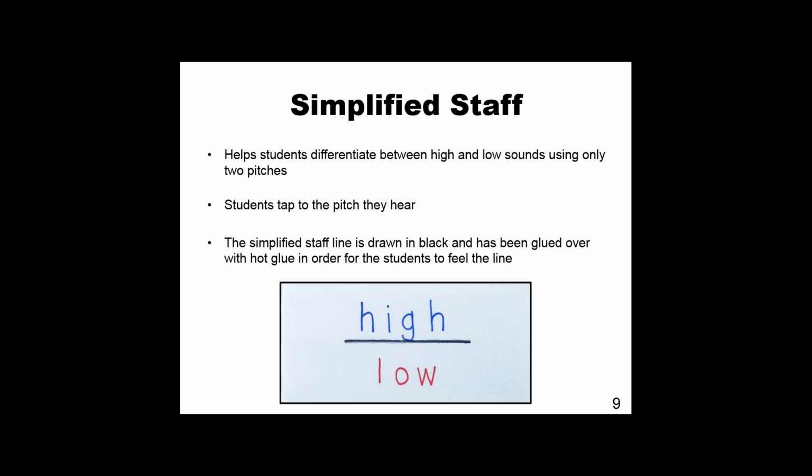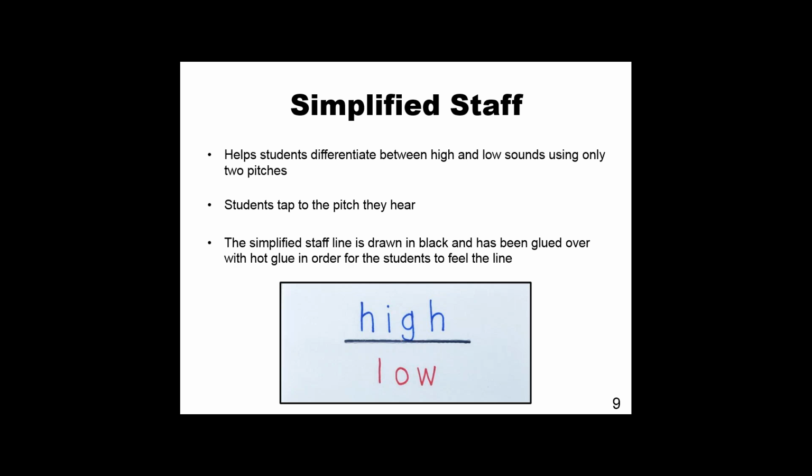So even if I sing, I do a greeting with them every day when I see them, and I'll sing hello, and I'll sing hello using their name. Hello, Isaac. And when I'm singing, I'm hoping that my student Isaac is pointing high when I'm up in the higher part of my voice and low when I'm in the lower part of my voice. And so he can tap along, or maybe I'm just playing one pitch and they have to decide if it's higher or lower than another pitch. So I use this throughout.